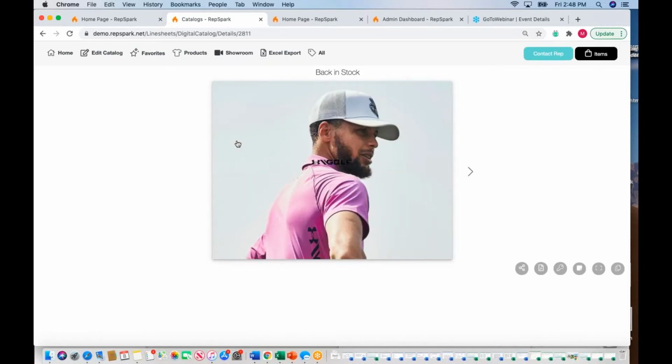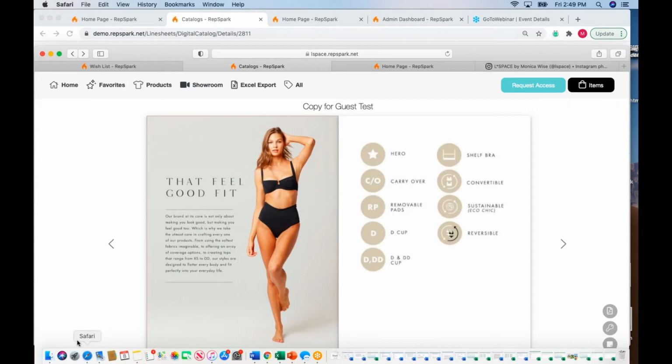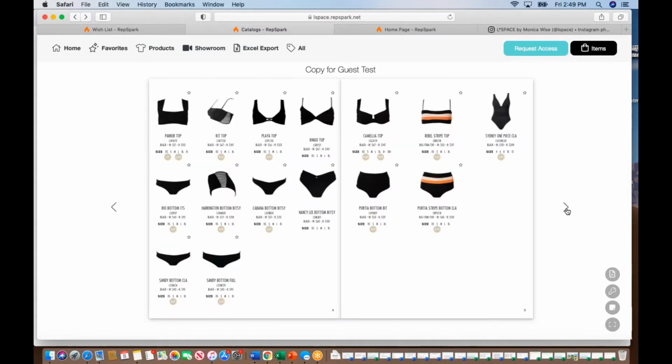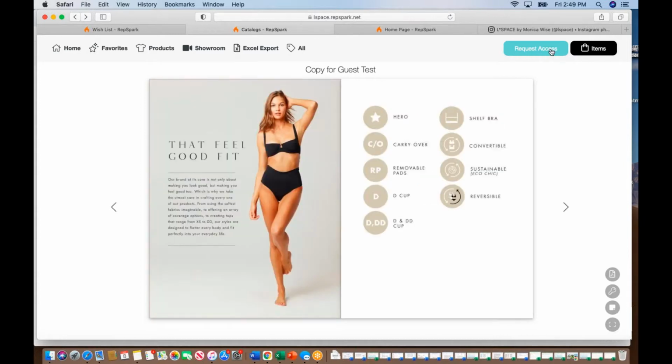So as we talked about, they can request access directly from those catalogs where they're public. A guest user can now connect with a rep, and you can go down the funnel of having them become a buyer, or you can go this invite route where maybe you got a lot of different leads at trade shows